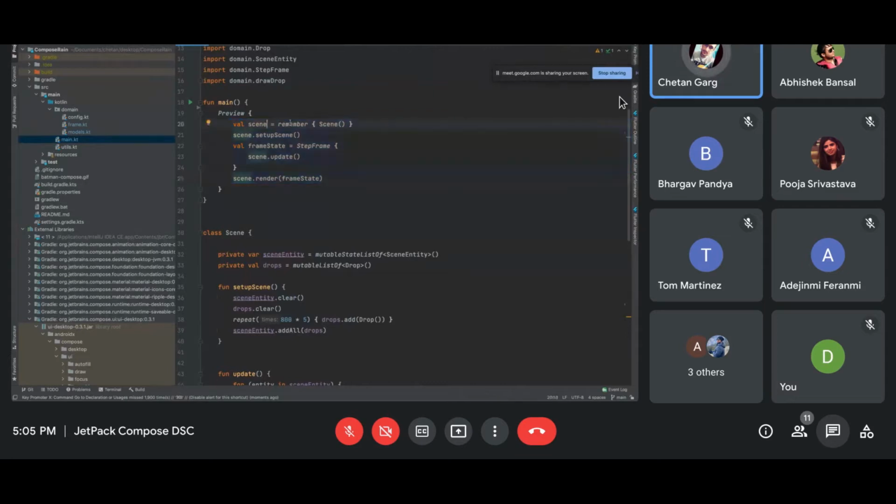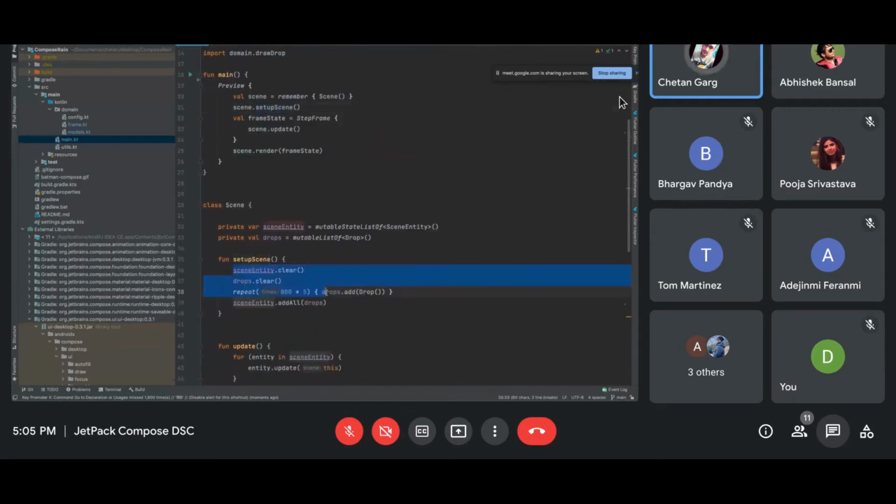I don't want this entire thing to be recomposed accidentally. I want my scenario, because scenario is holding everything. My entire UI is being held by this scene object, right? So I want it to get remembered. So I'm taking that scene first, calling the setup, so that every actor of my game is initialized.